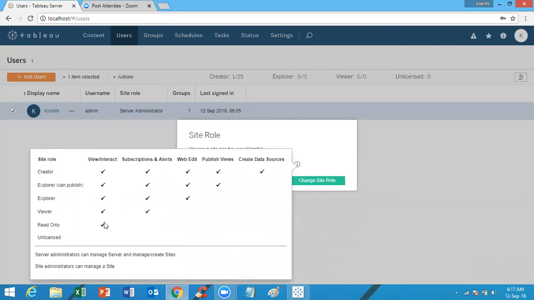Okay, so there is also unlicensed here. So the unlicensed site role does not allow users to connect to the Tableau server. So the unlicensed site role should be assigned for those users whom we have to keep in an inactive mode for a temporary time. If you want to keep somebody in an inactive mode, and want to make them active after some point of time,